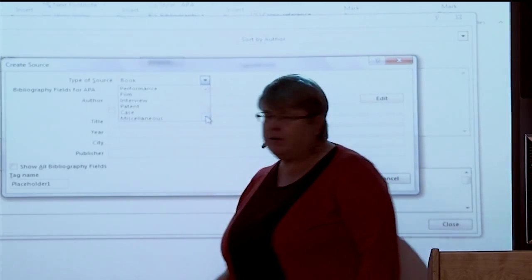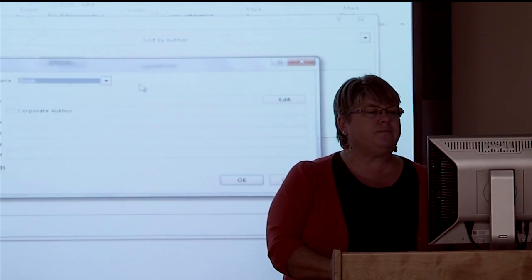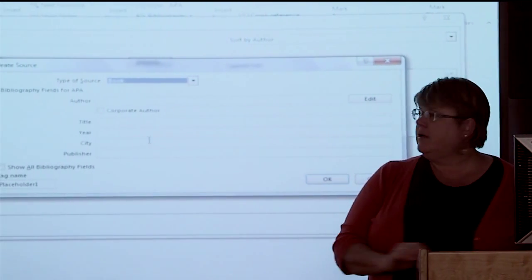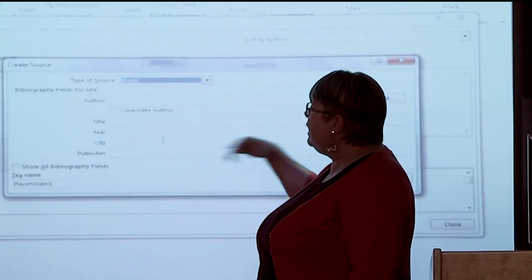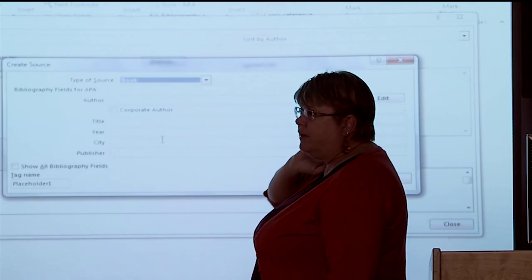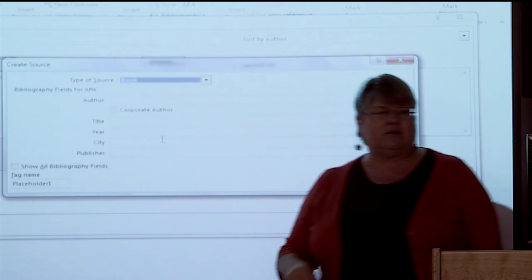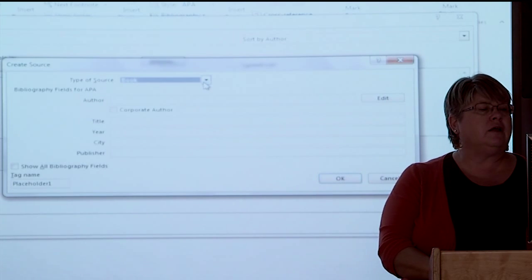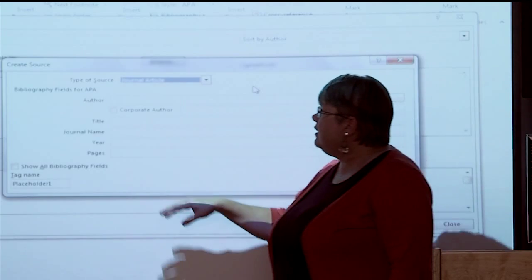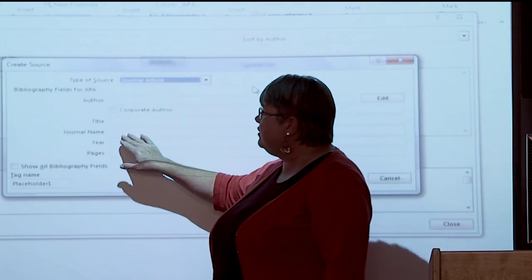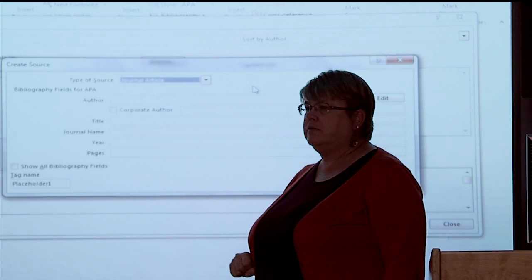And then if I pick one, so let's say I want to do a book, it gives me this short form that I can fill out, but it may not have all the information that I want to include. Books are usually okay. What I notice it the most on are journal articles, because it asks for the author, the title, the journal name, the year, and the pages.